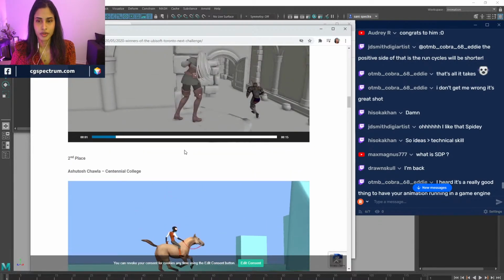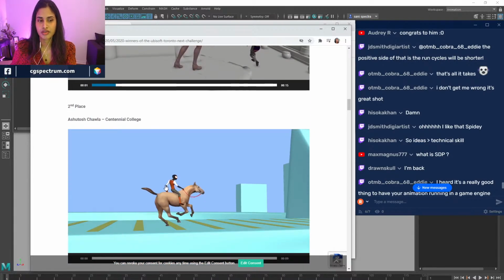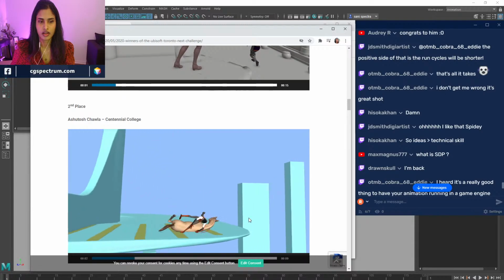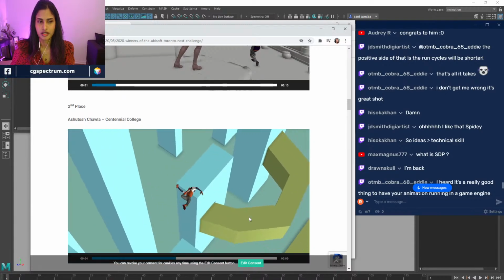Very fluid and stuff, but his idea is not there. There's no purpose why this horse is running, why this is happening. There's no story to it. So where is this building even? Why is the horse running on a big building?